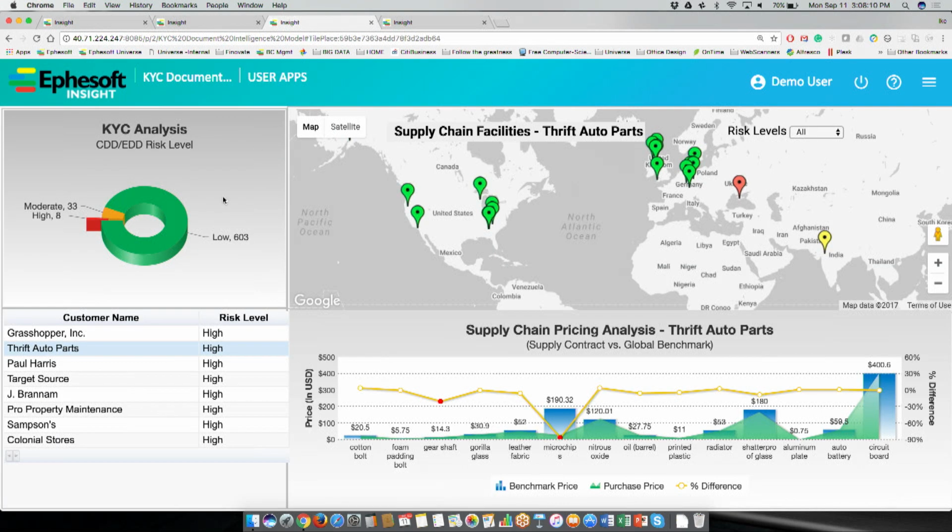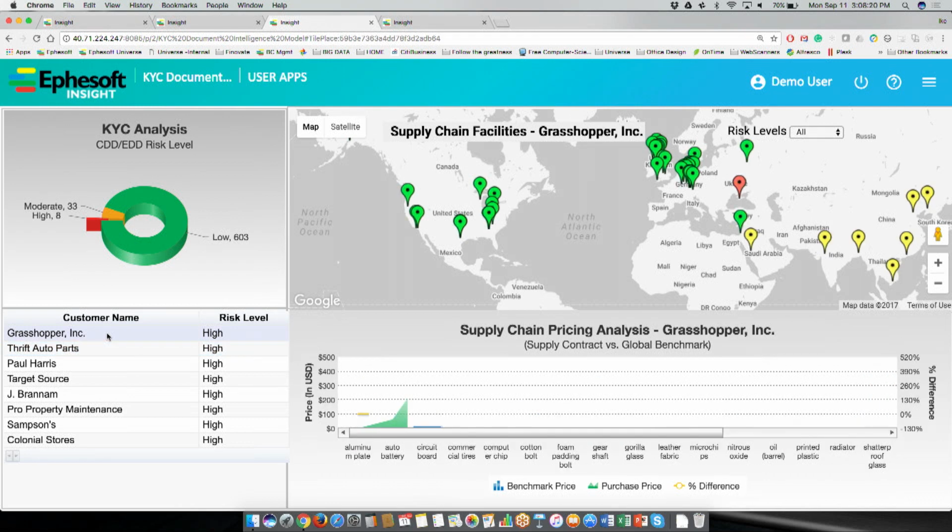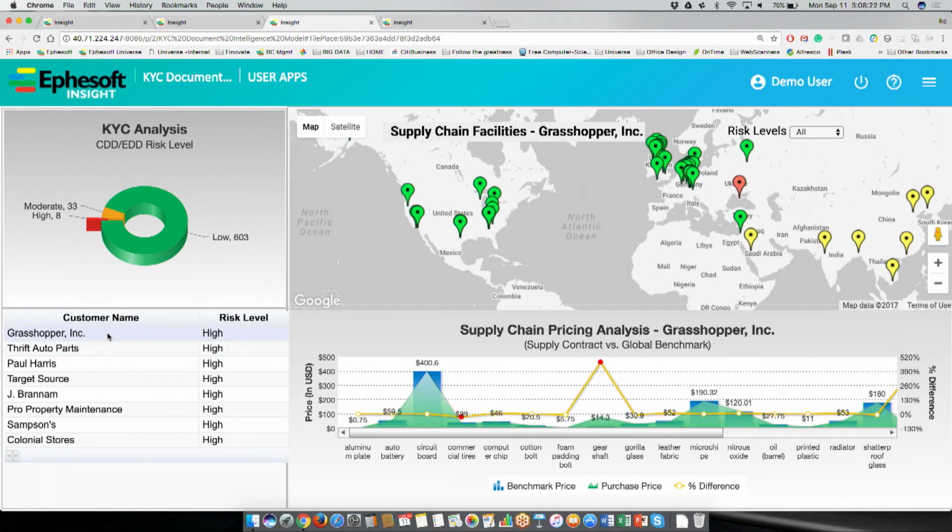The donut at the top left. This represents a simple breakdown of the pending accounts grouped by risk level. We're leveraging the bank's KYC risk criteria to identify which accounts are high risk and which are clean and have no issues to proceed. So let's take a closer look. I can pull out the high risk, and we're going to look at and analyze one account in particular, Grasshopper